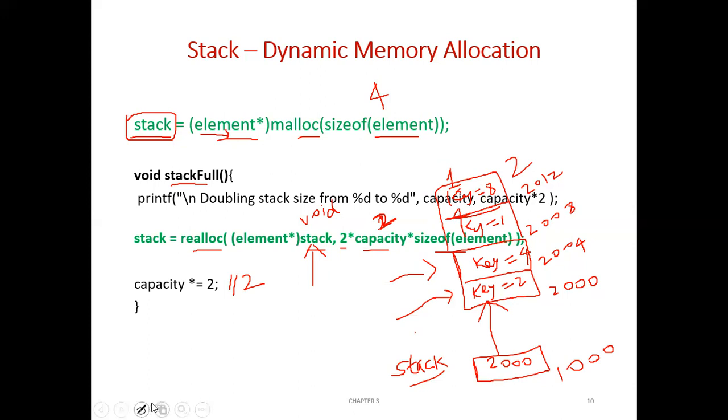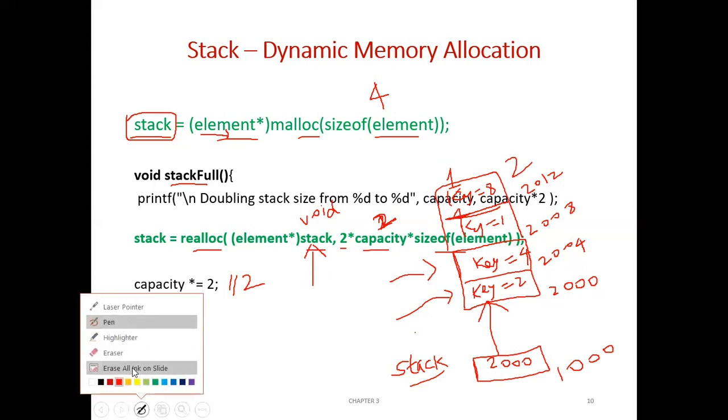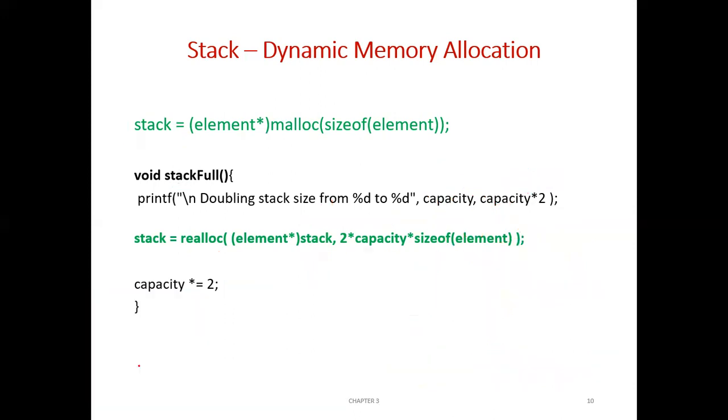This is how we are going to make the stack grow dynamically whenever the stack is full. Whenever the stack gets filled, the size will be doubled. That's what we are going to discuss. So this is the statement which will initially allocate memory for holding one item in the stack. And whenever the stack is full, this particular function will execute and it will double the stack size, retaining the original memory location and its original value.